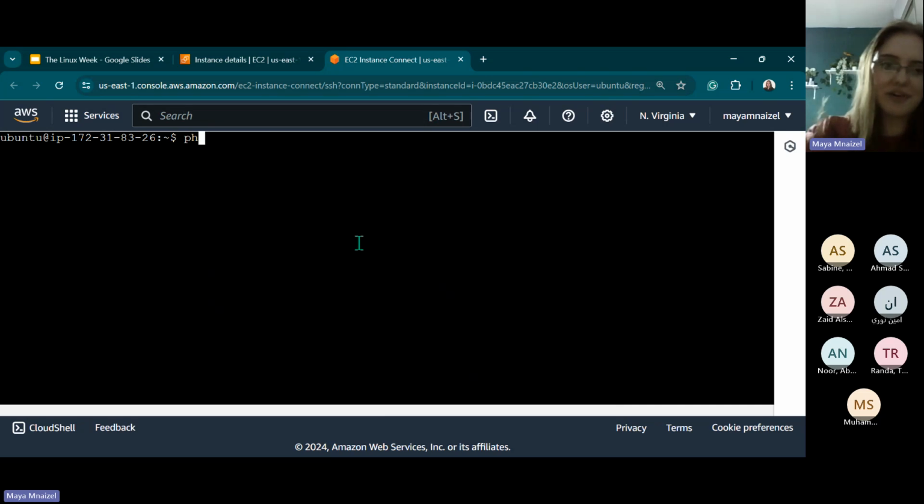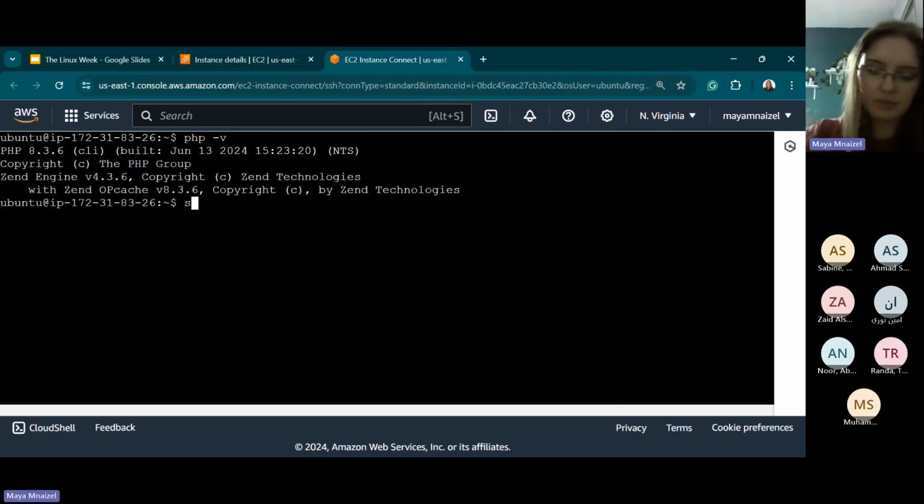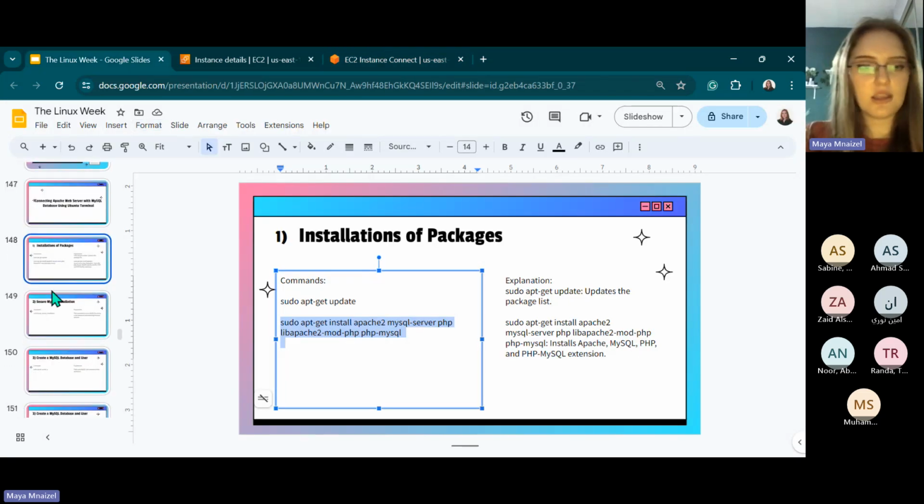So if we want to verify our PHP is installed, just write php -v, which is the version, and it's going to give us the version that we're working on. So PHP is also installed. That's great. So after installing these, we said we want to secure our